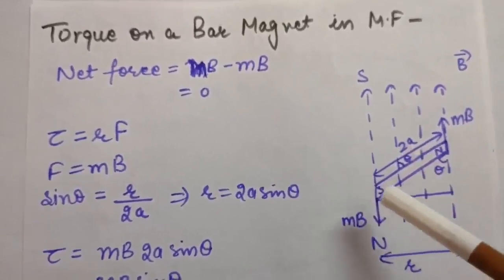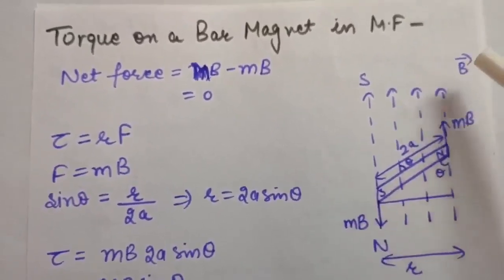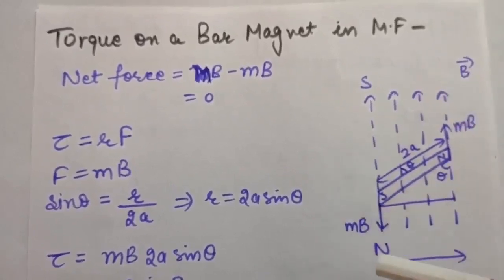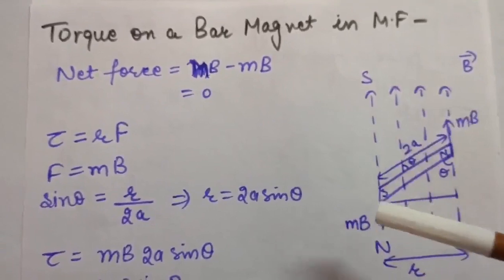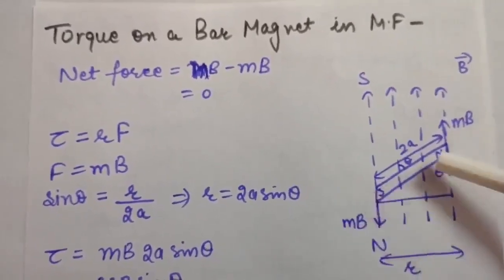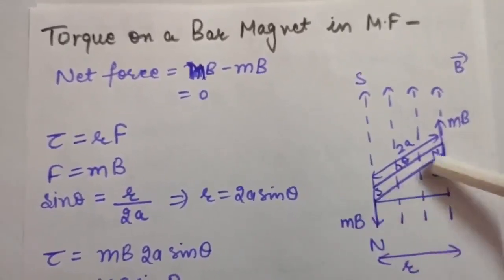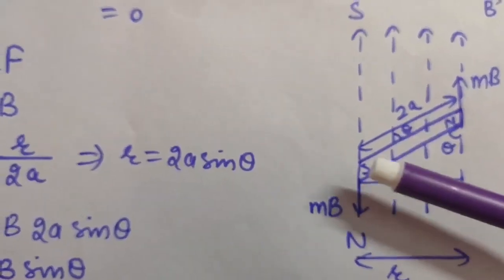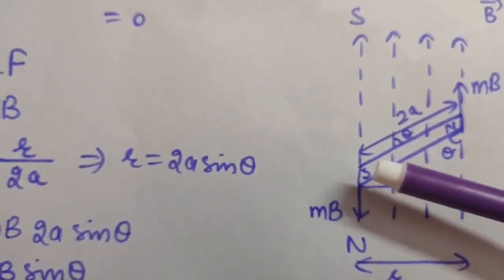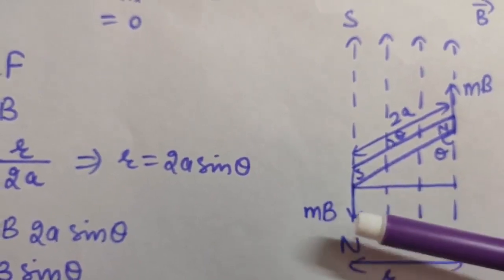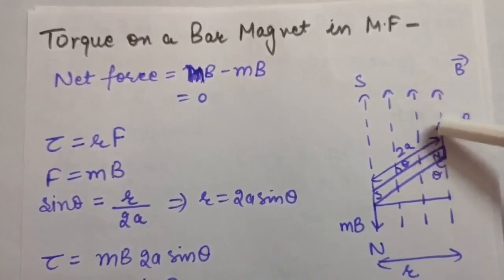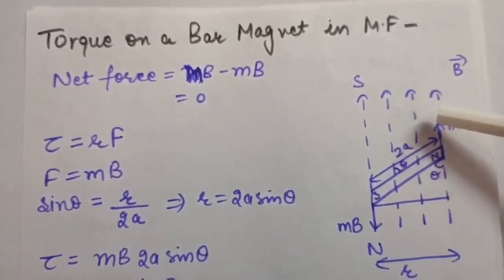Okay, so now as you know, magnetic field lines travel from north to south for a magnet. So that means if this is the direction, they will be going from north to south. Okay, so if this is the south pole of the magnet and this is the north pole of this magnet, which we are taking inside the magnetic field, so this south end of this magnet will experience a force towards north pole. Okay, so this will be the direction, and for the north pole it will be attracted towards south, so it will be the force mB.